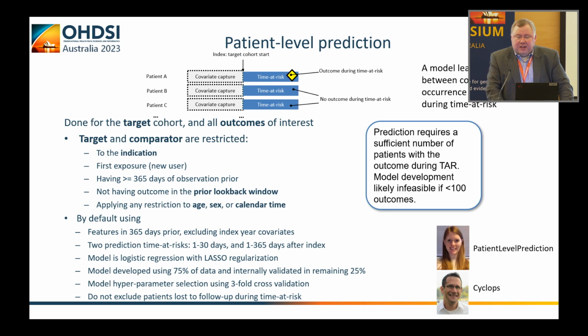One of the things that is actually required for doing patient-level prediction is you have to have a sufficient number of outcomes in the time at risk to actually be able to faithfully train a model. We've seen lots of folks that are interested in this question of predicting, in this case, drug side effects, but many times we're dealing with rare drug side effects. And so if you don't have enough events that happens, that's really good for patients and really bad for data scientists who want to train machine learning algorithms because you just don't have enough data to do it. And so as just a general default, we actually need to be able to have sufficient data to be able